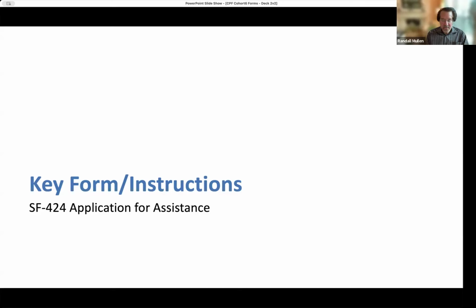As I mentioned, the key form begin with this one, the standard form 424, or application for federal assistance. Those of you who represent grantees that receive other funding are familiar with this standard form. Others are encountering it for the first time. Despite the change in the submission process, this form is still required.